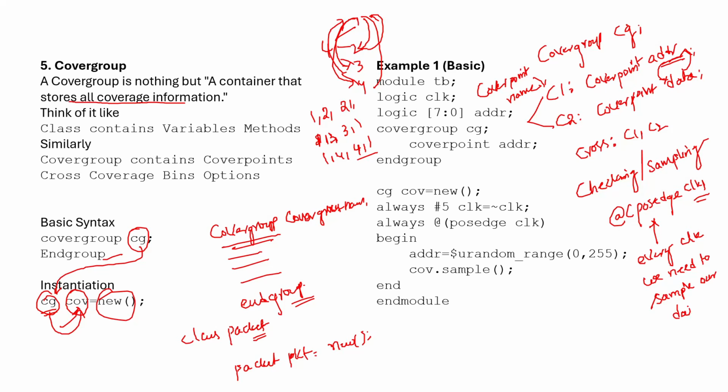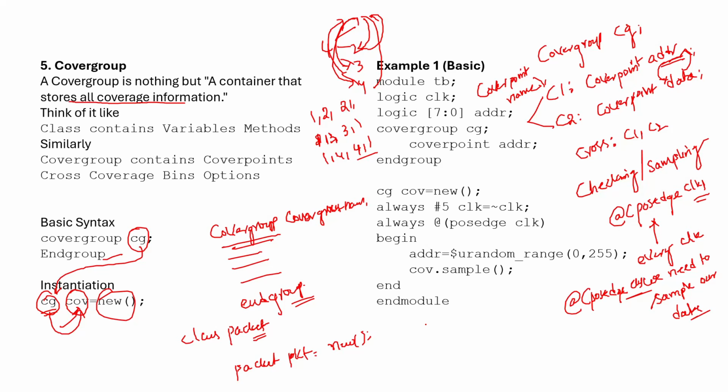Okay, we need to sample our data. So that is that checking or sampling event. That means every instance we need to sample our data. That is what the at the rate posedge clock will tell you. Okay, so this is at the rate posedge clock. Then this is the basic cover group